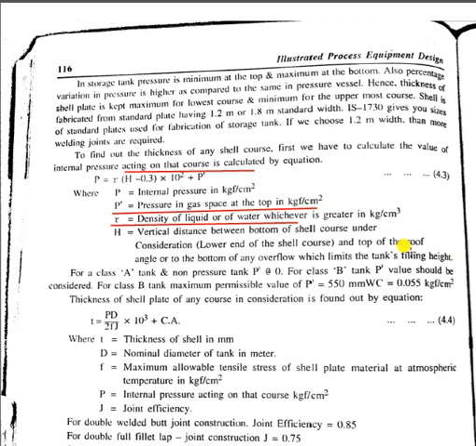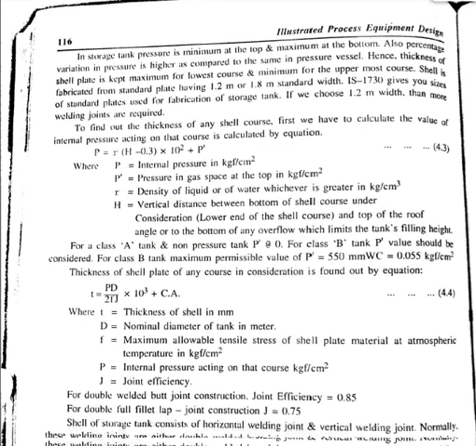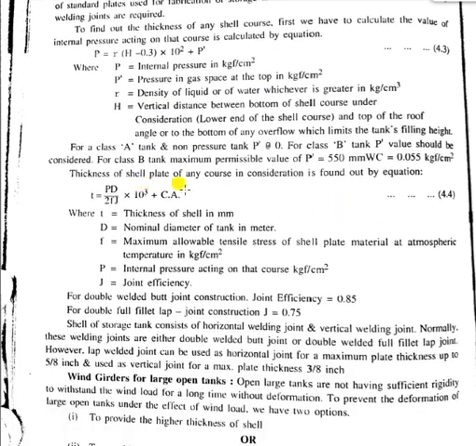And H is the vertical distance between the bottom of the shell course under consideration, that means the lower end of the shell course, to the top of the roof angle, or the bottom of any overflow which limits the tank's filling height. From this, the thickness of shell plate in any course under consideration is found by this equation,